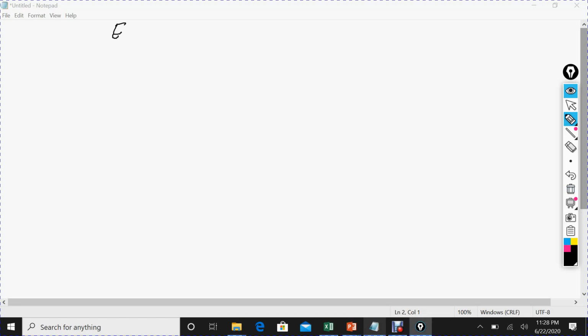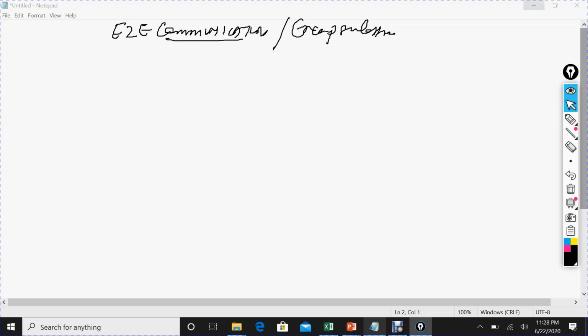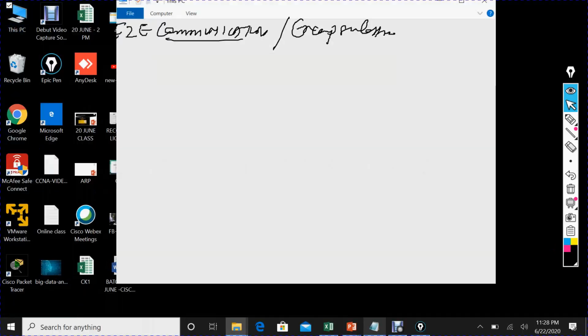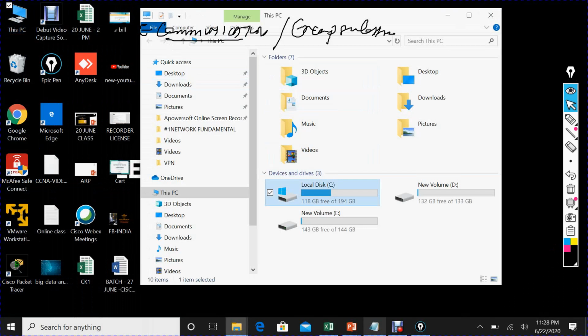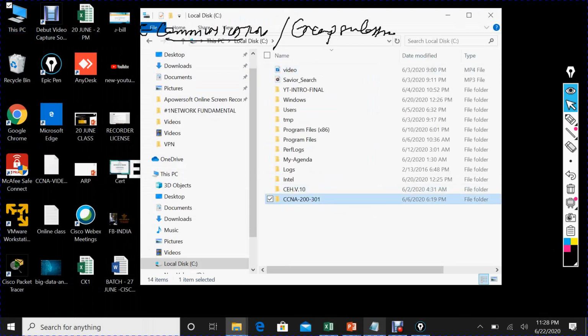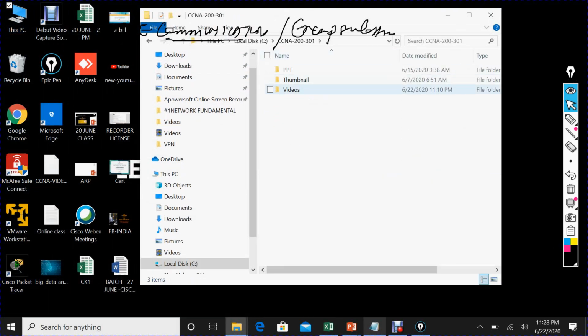The last topic for the OSI reference model is end-to-end communication. Either you say end-to-end communication, or you say encapsulation and de-encapsulation process. I will explain this with the help of one slide so that you can understand this very easily, because that slide is itself very self-explanatory.